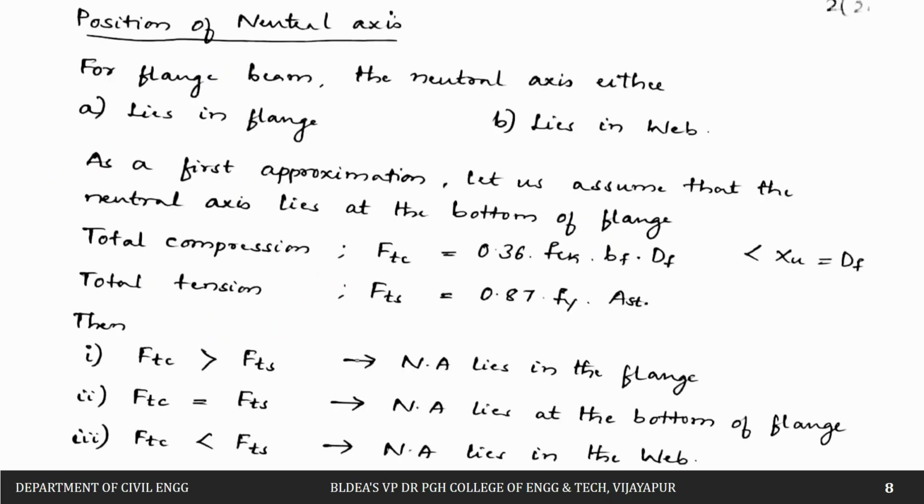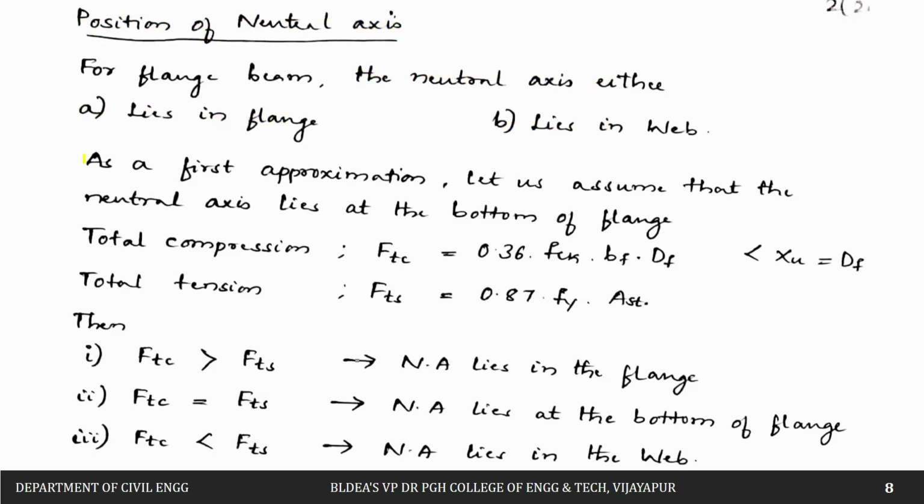Next we will try to calculate the depth of the neutral axis. Whenever we calculate the depth of the neutral axis, two things we will come across. For example, I will draw one T beam here. Two things may happen. The neutral axis is either going to lie within the flange or within the web. For example, if this is our neutral axis, it is lying in the flange, that might be one case, or our neutral axis is going to lie somewhere here, within the web. Either we will have this case or that case. So we will look at these two cases.